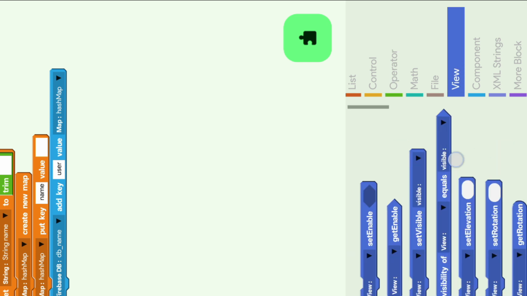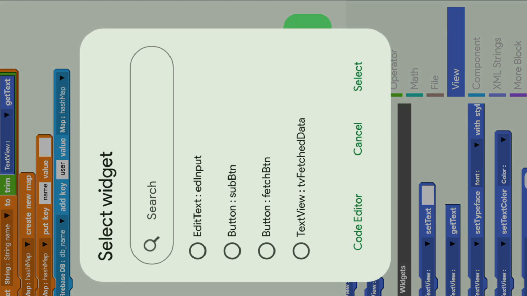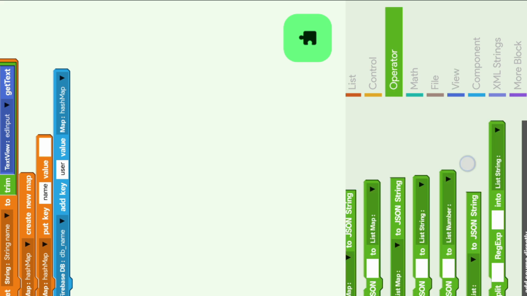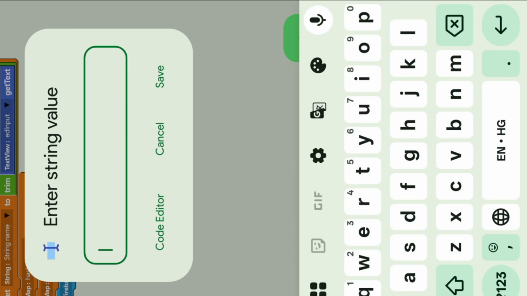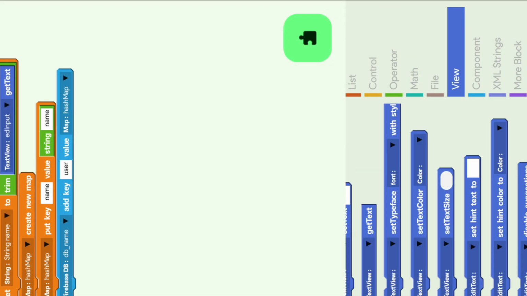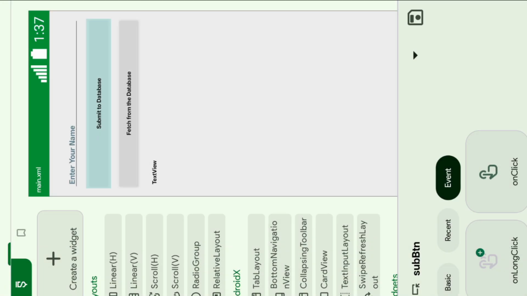And click on view, get text from the edit text, then operator, drag the string block, and this is successfully added to the Firebase database.